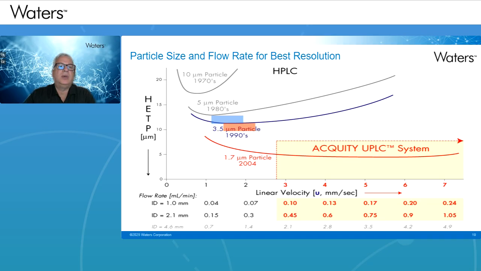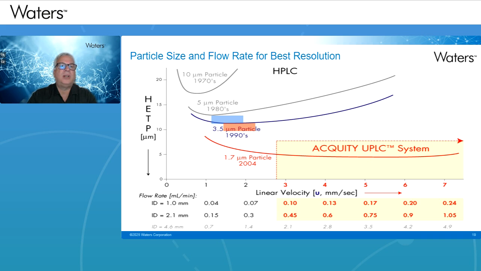So if I go down, there's a linear velocity in millimeter per second, but this is not telling me anything. It's very, very theoretical. I will go into a column ID. I will take the 4.6 millimeter ID column. Let me go with the pointer. If I go here where I get the maximum resolution that particle can give me, on the 4.6, it will be roughly 0.7 mL per minute. And we can cheat. We can go to 1 mL per minute instead, but then we will sacrifice the resolution. We will not get the best resolution.